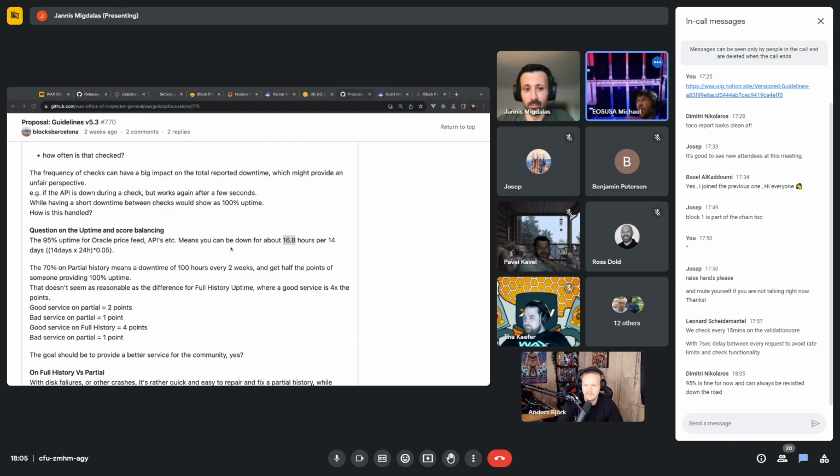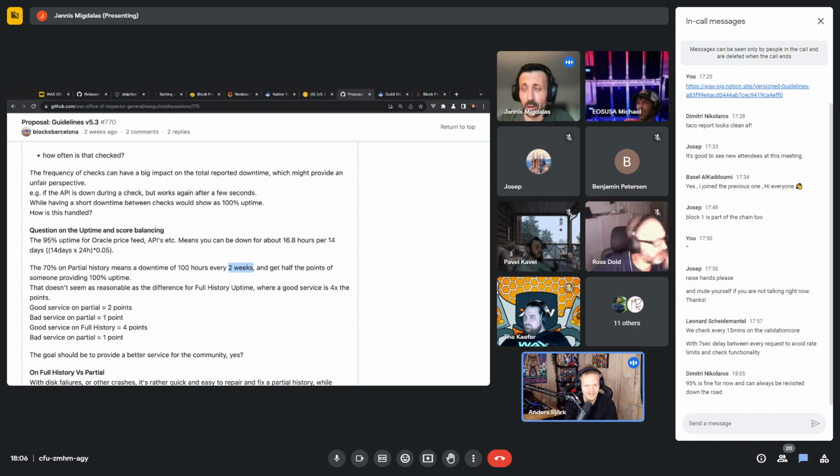But when it breaks, it's not like a node where you just spin another one up or have a backup always sitting there ready to go. When it breaks, it's a monster, to me at least. And fixing a partial history or a chain API is super fast and easy. It takes an hour, even with the slowest mapped mode of a node, to get it up and running again, pretty much. And if you have a Hyperion Elastic cluster crash, it can take days until it's up again. It's a very different thing.